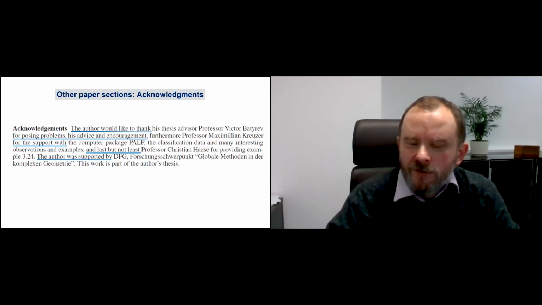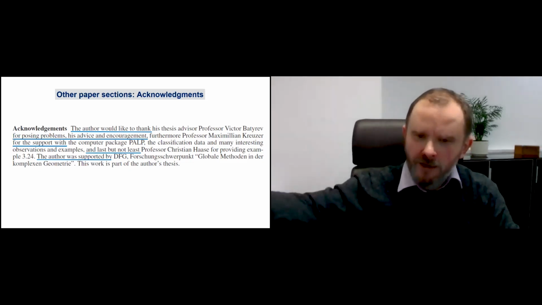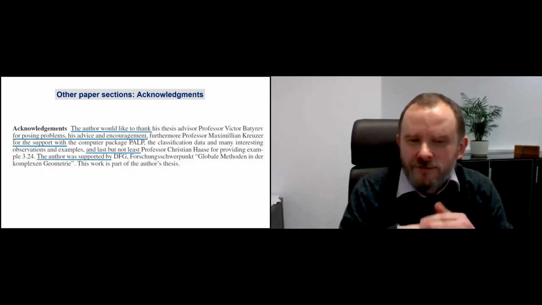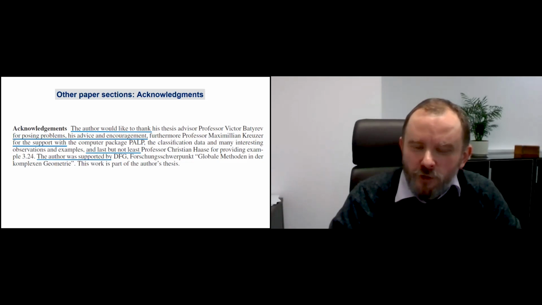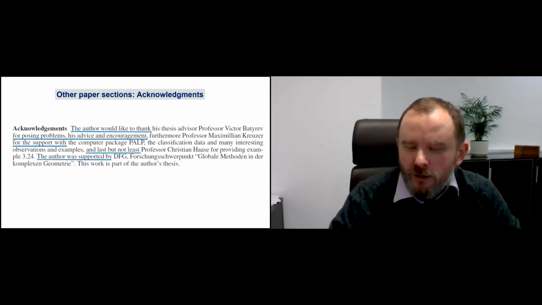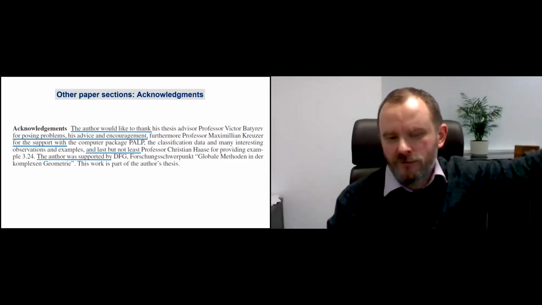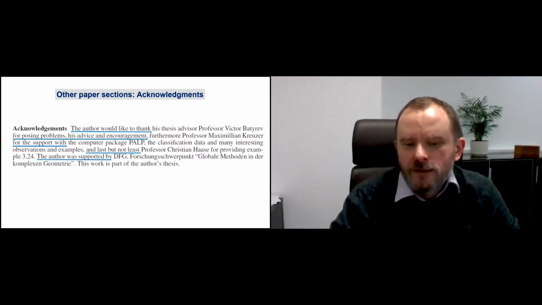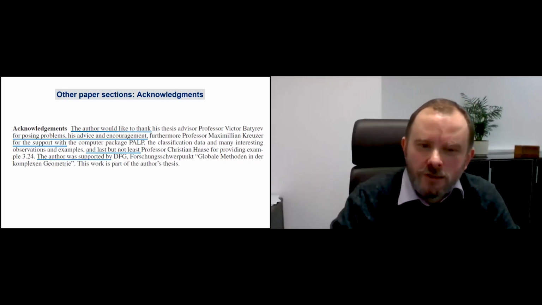Also, there is a typical mistake when people put their affiliation in the acknowledgement, say, this work was done in this and that university. I don't know whether Vice Rector Maria Yotkevich is still with us, but in any case, she will tell us that when we consider academic bonuses, such affiliation in the form of acknowledgements will not be taken into account. So affiliation should be where it should be. Usually this is at the end or at the beginning after the names of the authors. And acknowledgement is not taken formally as an indication of your affiliation. Okay, time runs quickly, so let us go further.